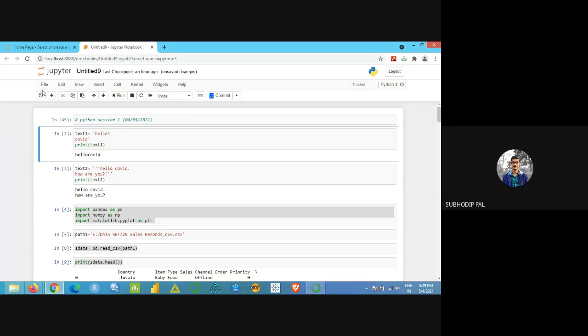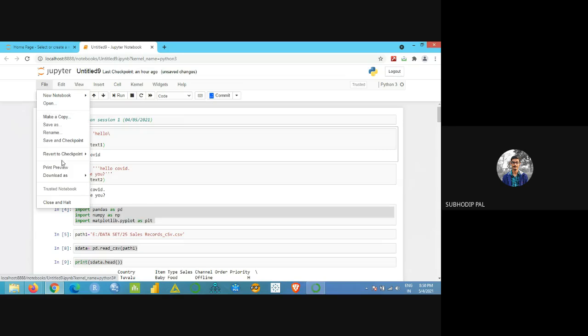Now I want to save it. So you just go to File, Download as. There are different formats you can download. So this .py format is there. PY means I was talking about one software called Python IDLE. That is the general Python software. If you're working on Python IDLE and want to save it, the extension will be .py. This Jupyter Notebook extension is .ipynb. Getting it?